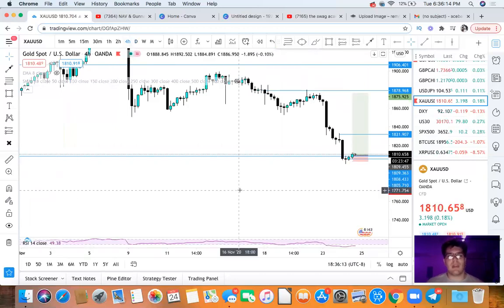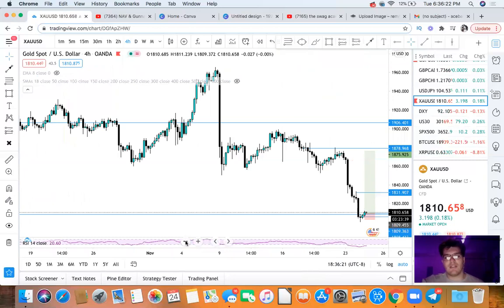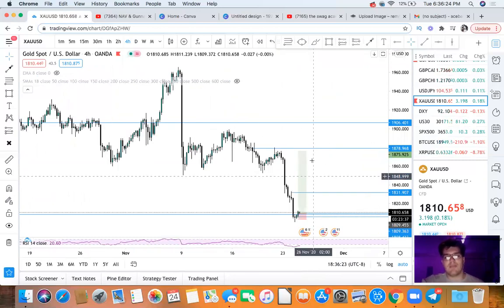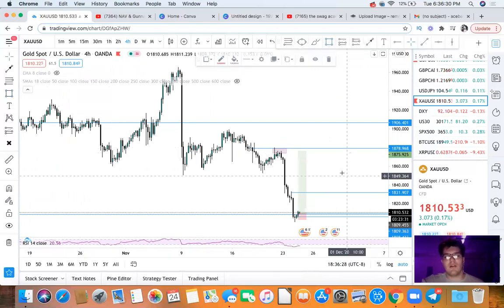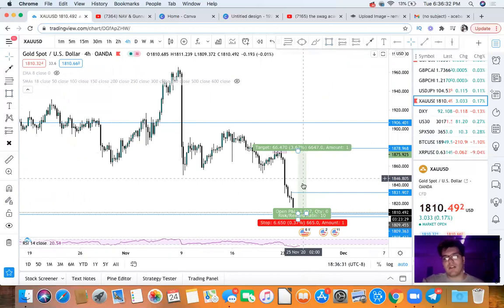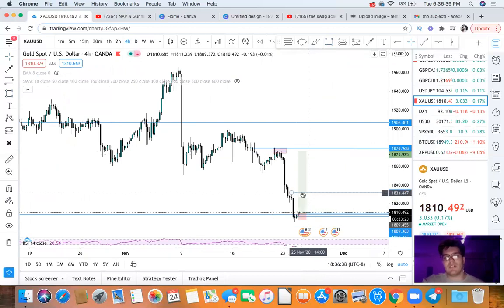Just by those confirmations, I know that market direction is going to be to the upside overall. Looking into the 4-hour time frame, I just want to be looking for targets to aim for. My overall TP is going to be up here where we have this buy side liquidity zone, right? So I'm waiting for the market to go all the way up here, which is going to be my last TP at 665 pips. My first TP I have around this area, which is around 230 pips.